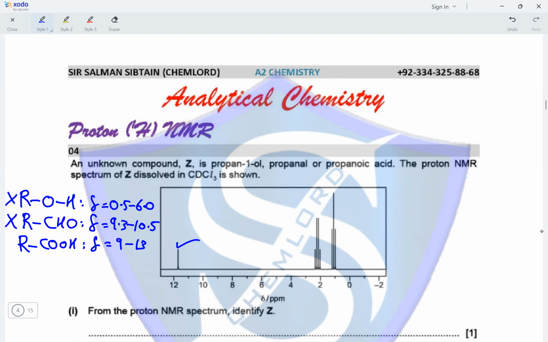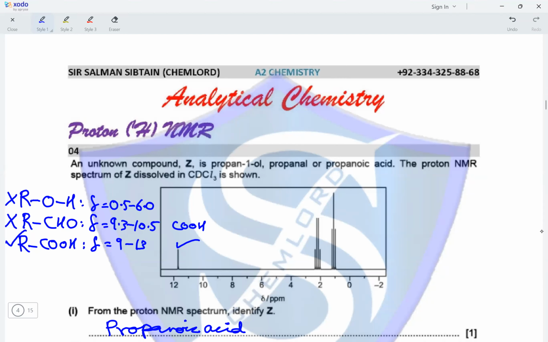As you can see, it is very close to 12 ppm. So this is the carboxylic acid. Therefore, from the proton NMR spectrum, identify Z. Z is propanoic acid. And the peaks, this peak, the one near 12 is for COOH, and the peaks in the beginning, the